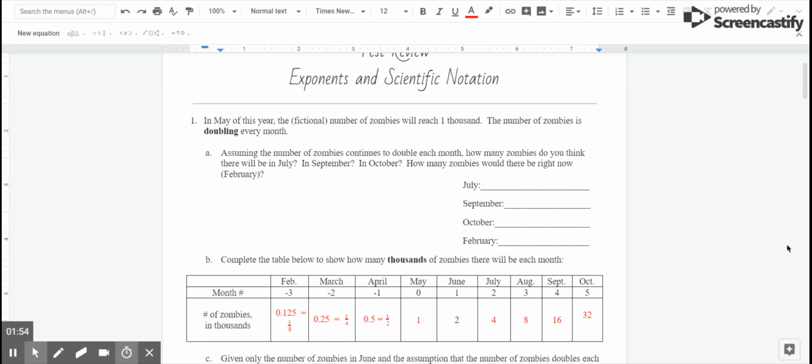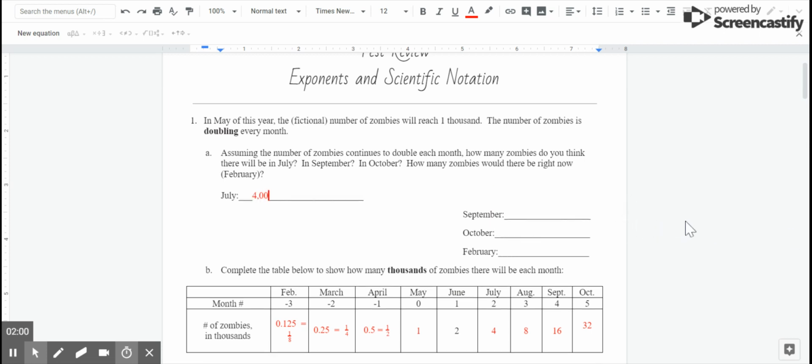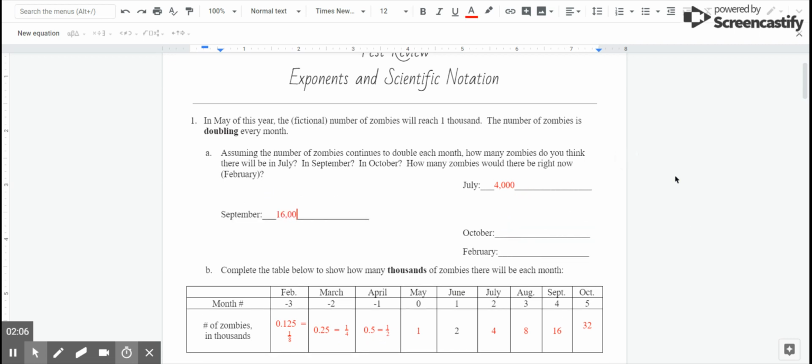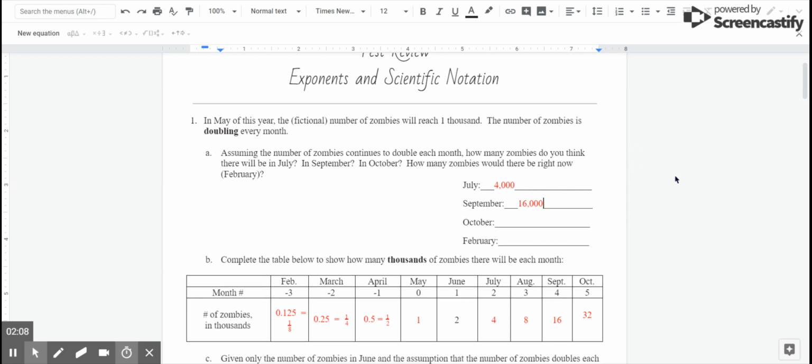We can then answer the questions for part A simply by looking at our answers below in the table. So in July, there were 4,000 zombies. In September, there were 16,000 zombies. In October, there were 32,000 zombies. And in February, well, let's see, there were 1/8 of 1,000 zombies. So in other words,